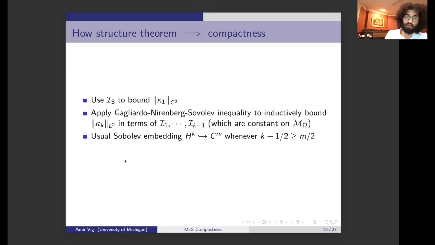Once we have L2 bounds on the norms of the derivatives of curvature, you can use the usual Sobolev embedding to bound the C^m norms of curvature. And once those things are all bounded in terms of Marklength spectral invariants, the Arzelà-Ascoli theorem implies compactness. So that's kind of how that argument goes. You know, it's a mess of formulae, but